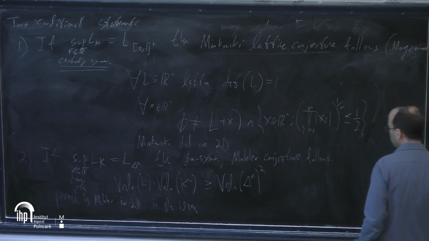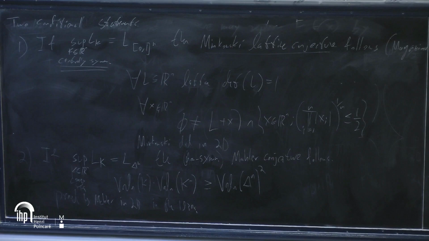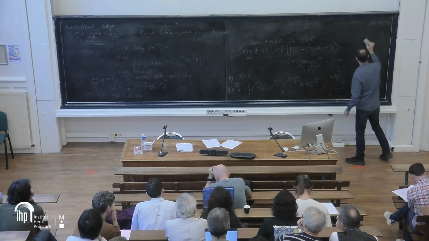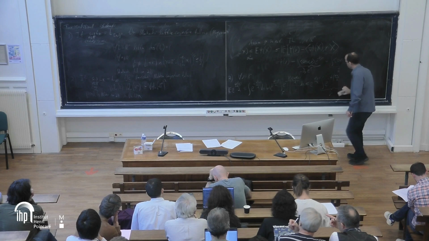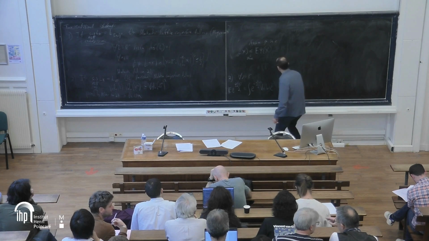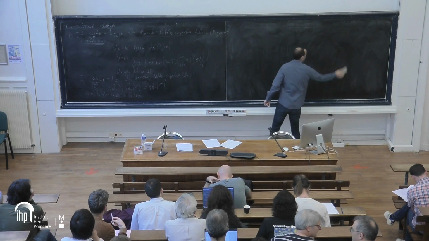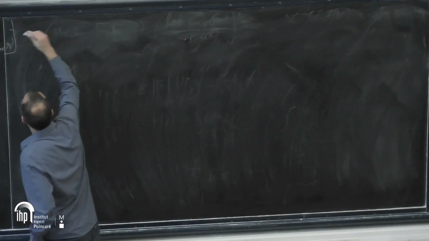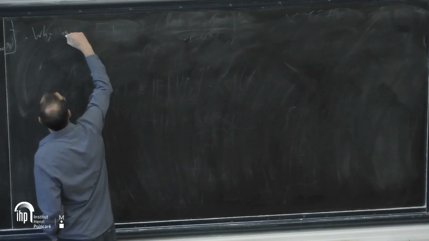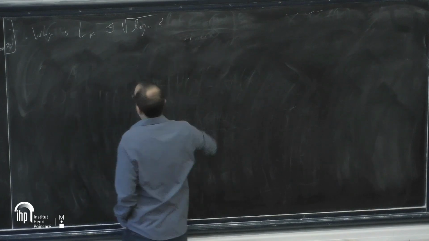Now I want to discuss this root log n bound. This is just background on the isotropic constant. Now let's discuss the best known result, which we have today, which is that slicing is correct up to root log n. So why is L_K smaller than root log n? That's what we want to know. And this will be related to KLS and to thin shell and the Poincaré constant.